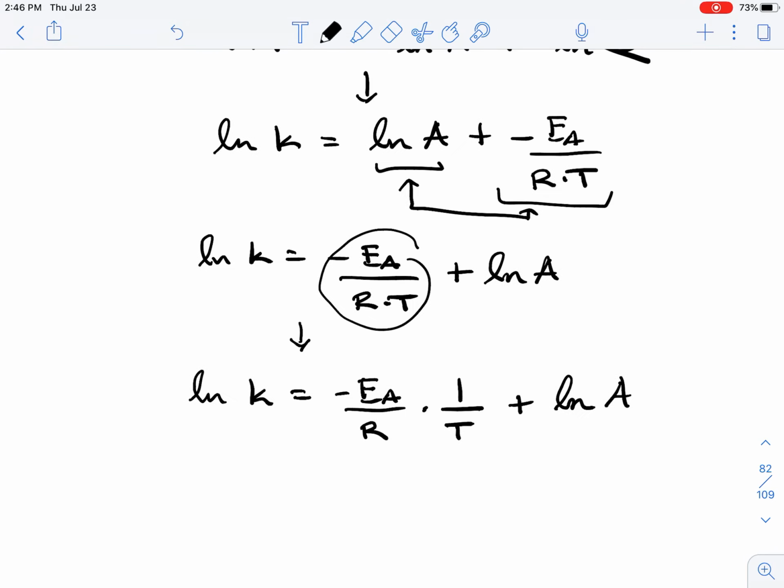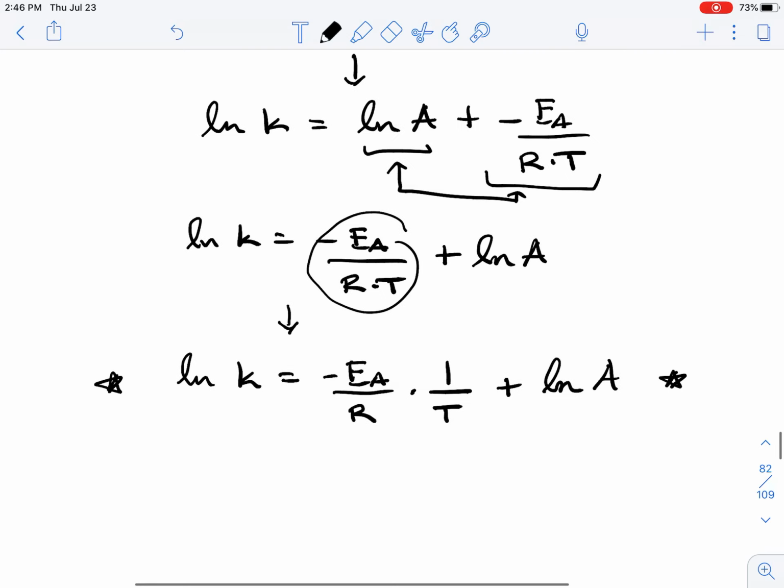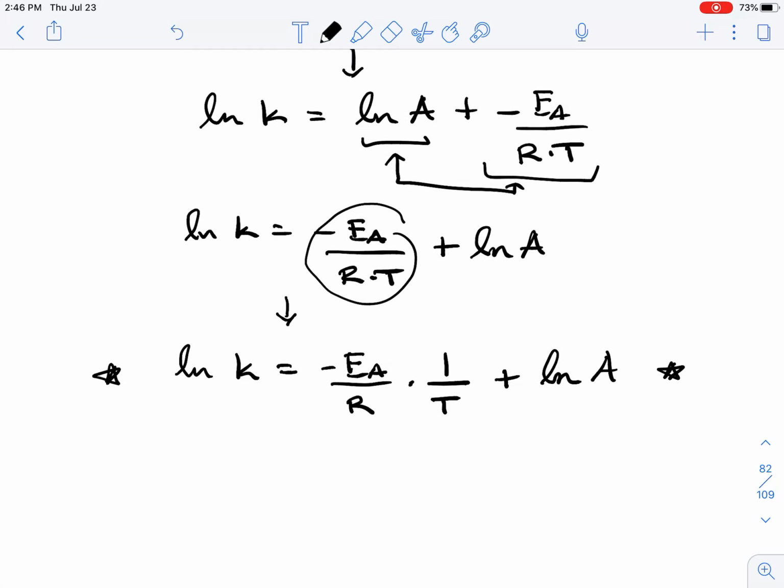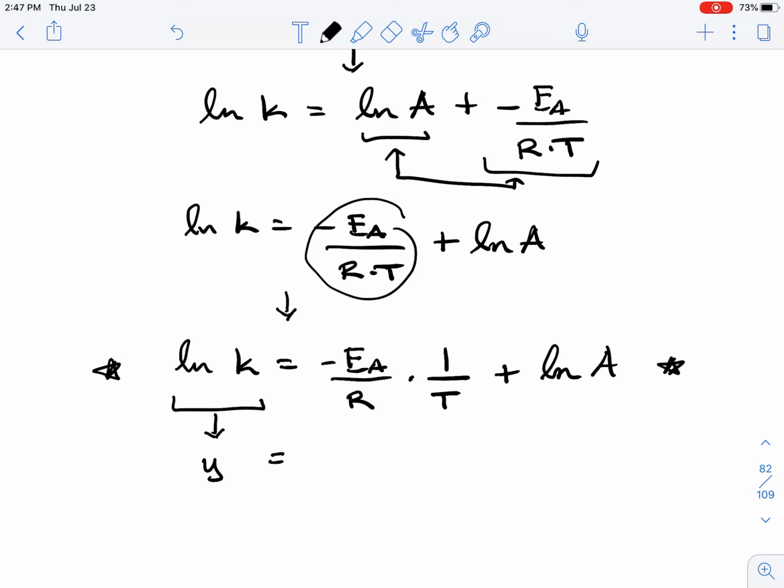And so this expanded form of the Arrhenius equation might not look like much to you. However, if you overlap this equation with the equation of the straight line, it gives us a powerful tool to be able to calculate, for example, the activation energy in collected experimental data. And so if I overlap this equation with the equation of the line, y is equal to mx plus b,